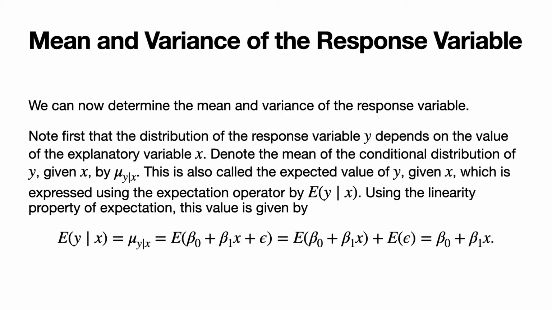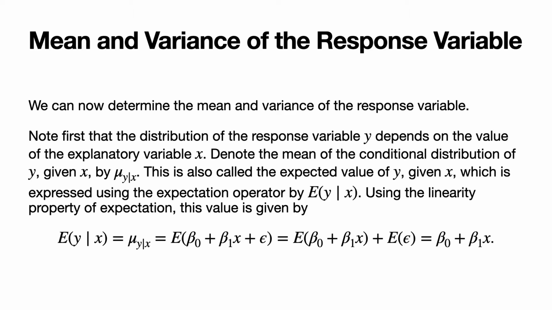given x. This is also called the expected value of y given x, which is expressed using the expectation operator in the following way. So capital E for the expectation operator of y and then vertical bar x. And again, that vertical bar is our conditioning vertical bar, so y given x. And using the linearity property of expectation, this value is found to be the following. So the expected value of y given a value of x, which is also